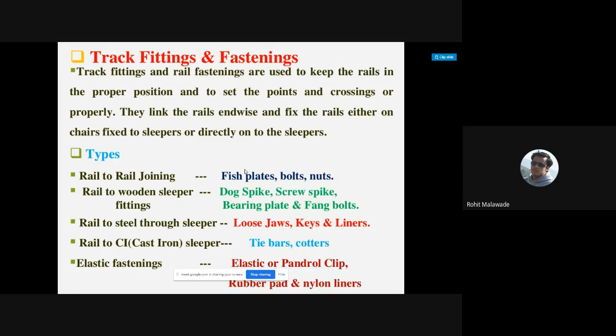All these fixtures and fasteners help you keep the track in a proper position, and they hold the rails endwise and fix the rails on the chair to the sleepers, or directly to the sleepers, or with the chair having the sleeper.